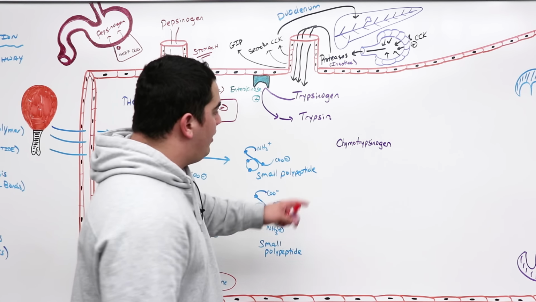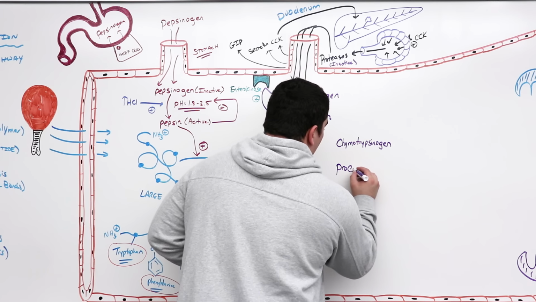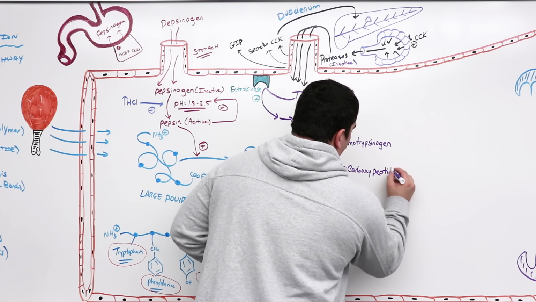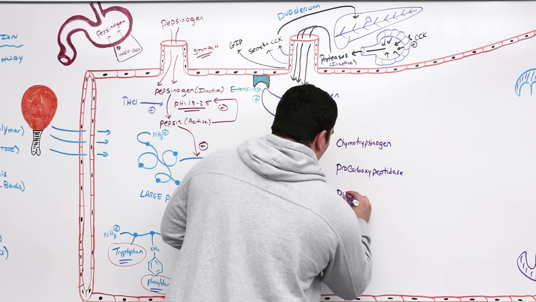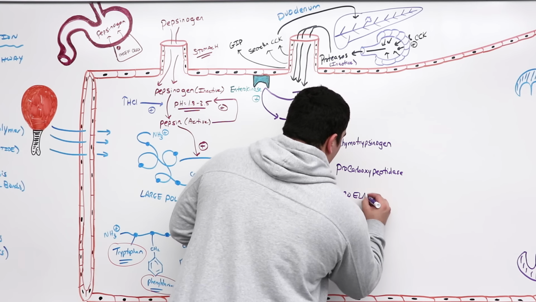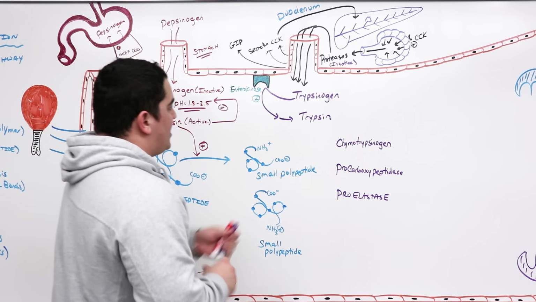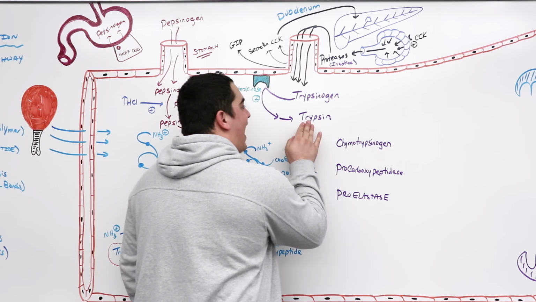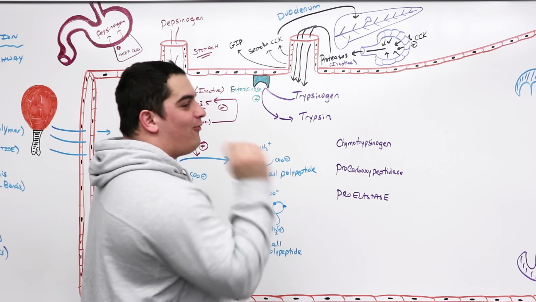Chymotrypsinogen. And there's two other ones. One is called pro-carboxypeptidase. And there's one more which is called pro-elastase. What happens is trypsin is so cool that once he is activated by the enterokinase enzyme, he can do 4